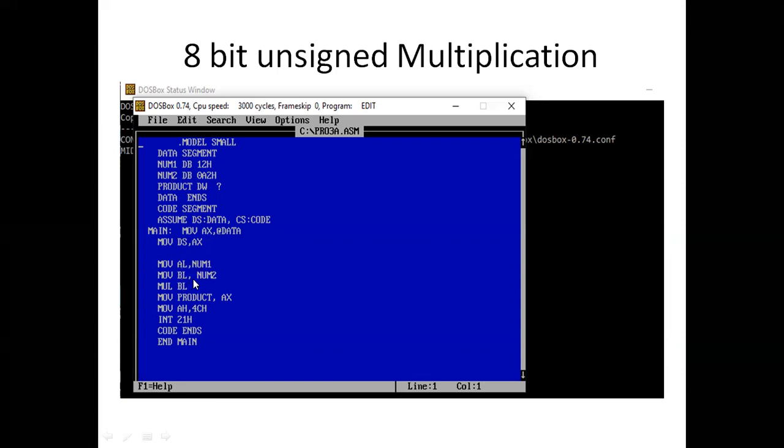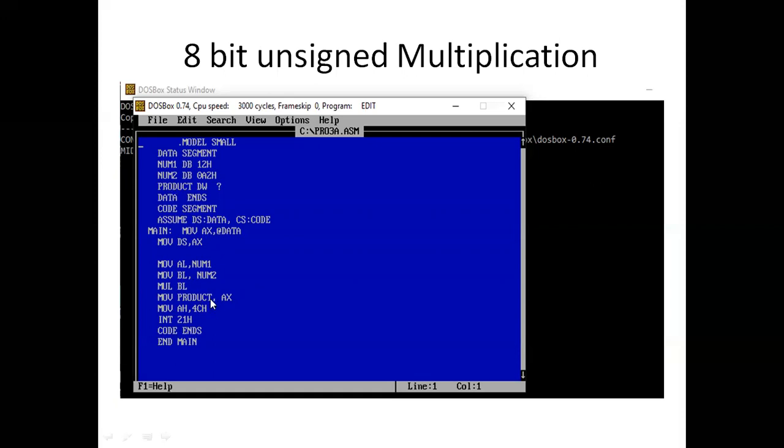We know that the mnemonic for unsigned multiply is MUL followed by SRC. And here the SRC is an 8-bit register, so we go with BL. If the two numbers are multiplied, the product is 16-bit in AX. That value will be in AX, so from AX the result is moved to product.